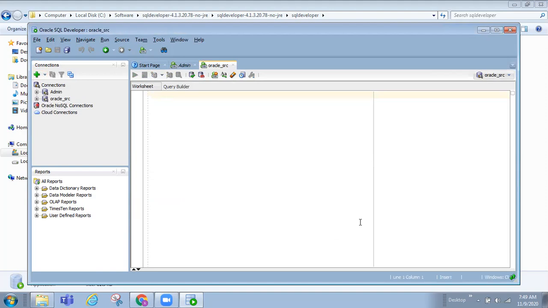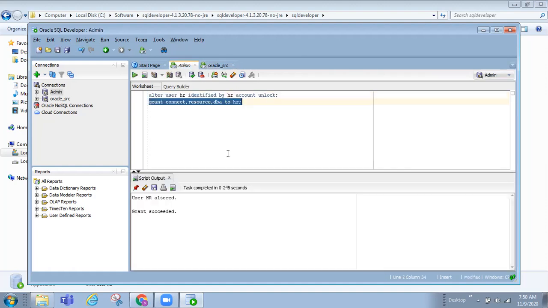Now again come back to the admin. Here at the very center also the admin SQL syntax page is open. Make a single click on the same and here just mention commit. In the next line, commit semicolon and execute it. Now the Oracle developer installation and configuration has been successful.